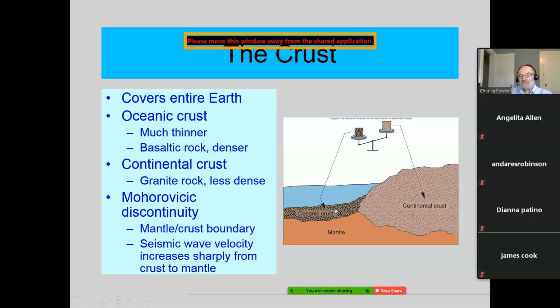The oceanic crust, because it's denser, very seldom will climb up the continental crust. It will subduct under the continental crust because it's denser. It's not as dense as the mantle. The mantle is, again, mostly iron, but higher concentration of iron than the basalts on the ocean crust. But that's the problem with this picture. This crust here, rather than climbing up over the continental crust, should be subducting down under it. That would be more precise.